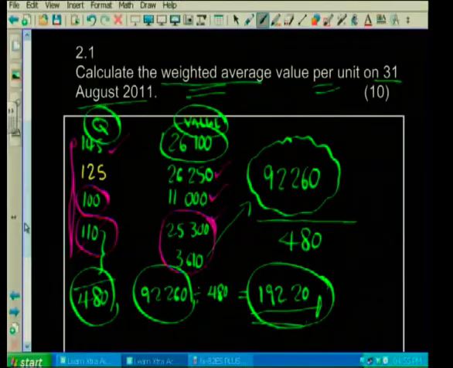Here it is. Remember, we had 140 left over. Which 140 did we have left over if we were using FIFO? It was this 110 here plus 30 of those. So these items, you can see they were sold already. This gives you an indication that if I'm using FIFO, I can clearly see which stock is left over, first in, first out. It gives me a better value of stock.